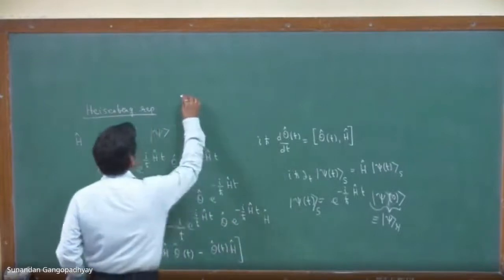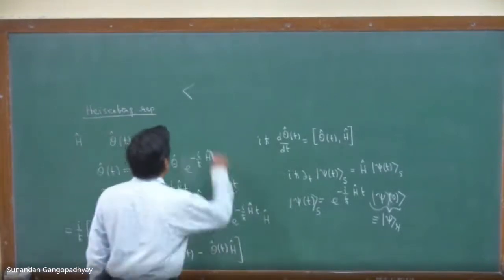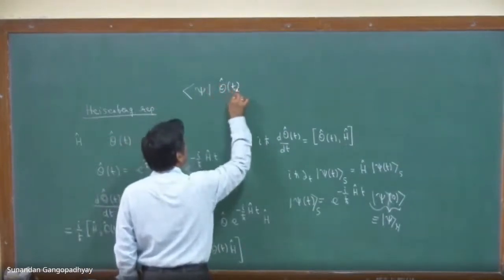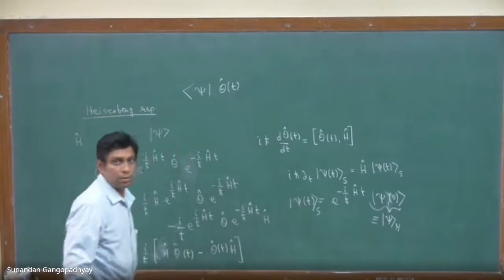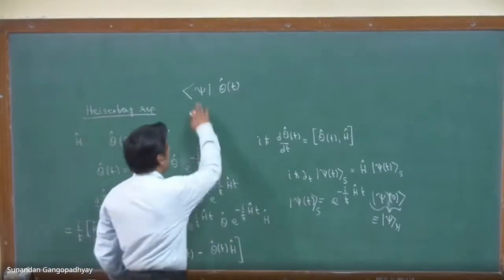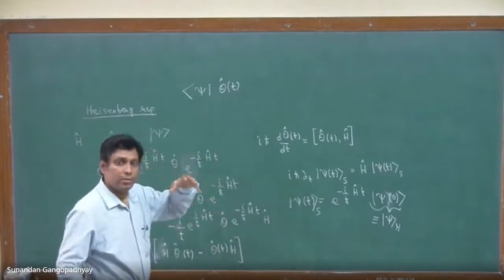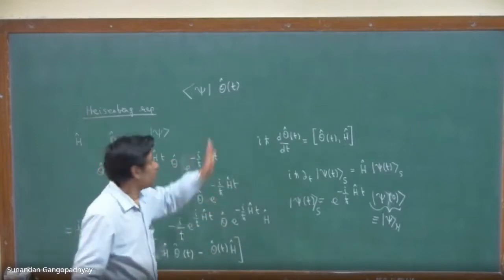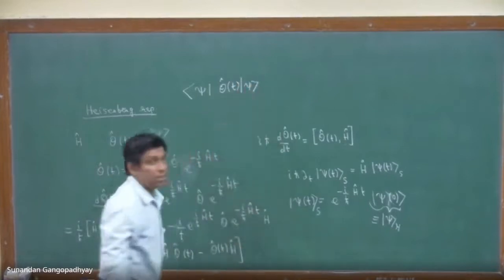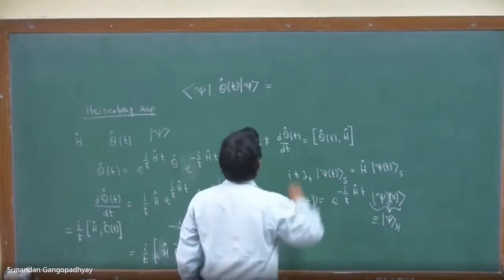So for example, if I calculate the matrix element of this operator, this operator is time dependent, therefore it is in the Heisenberg representation, and I am calculating it sandwiched between two state kets which are time independent. So these are all in the Heisenberg representation. So this must be equal to